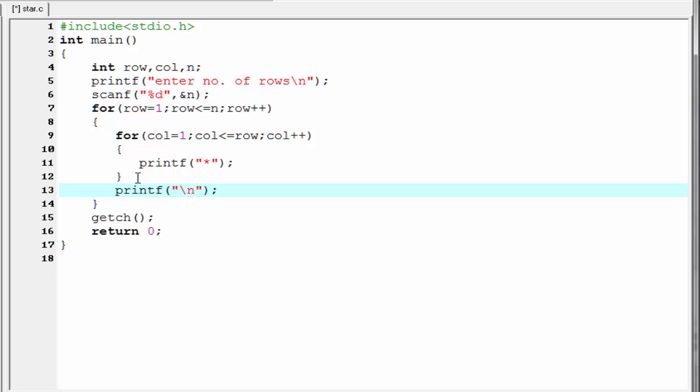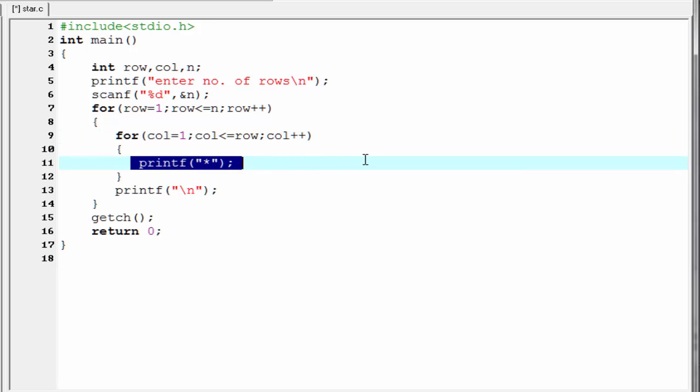Let's see how the loops work. Here first we initialize row equal to 1 and then enter the body of the loop, and here we find another loop and here we initialize column equal to 1 and then check this condition. The condition is true because this time row and column both are 1, and then it executes this statement and prints the star, so it prints a single star.